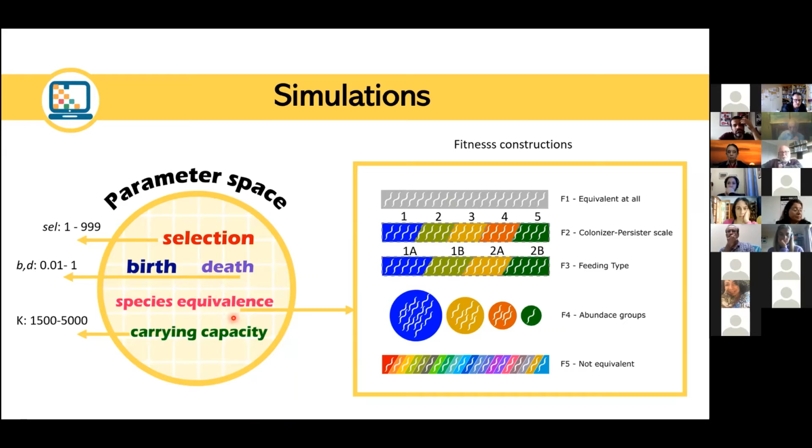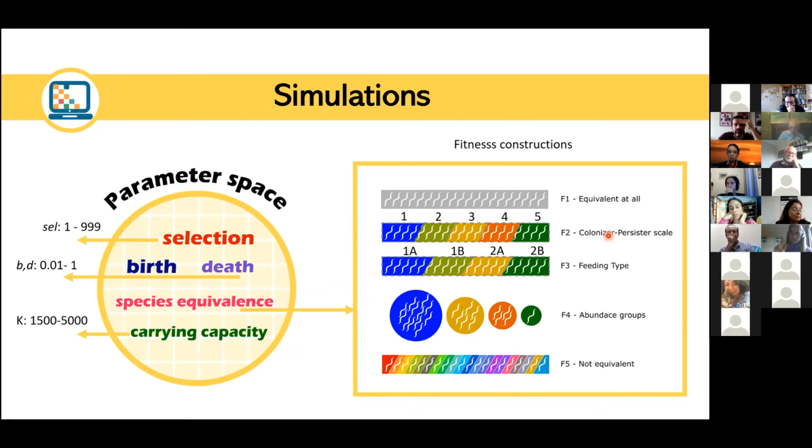We call these assumptions fitness constructions. So in the first fitness construction, we considered equivalence across all species. It means that all species are considered equal in their ecological properties, such as the probability of giving birth and dying. The second fitness construction